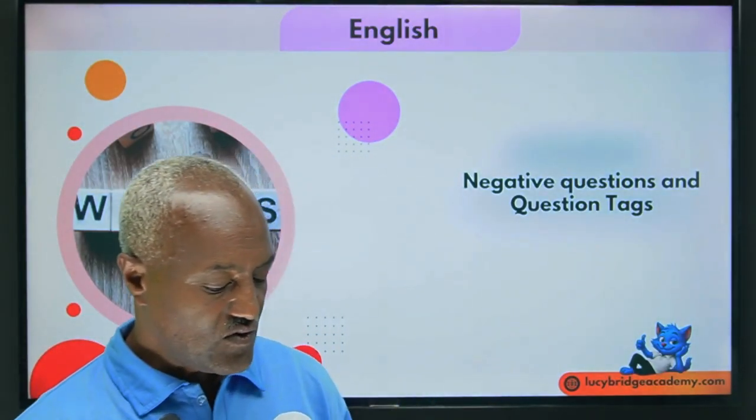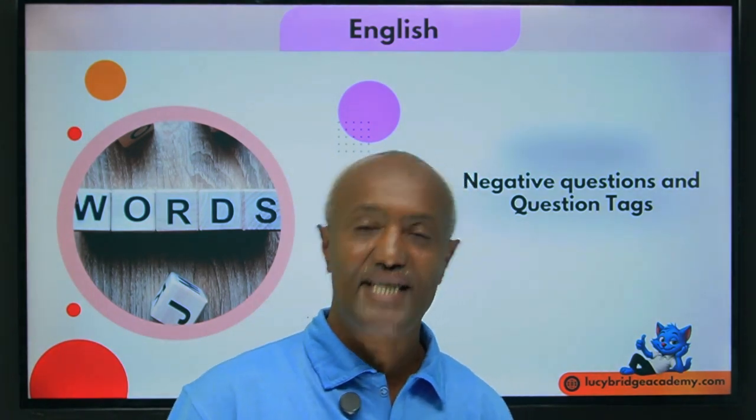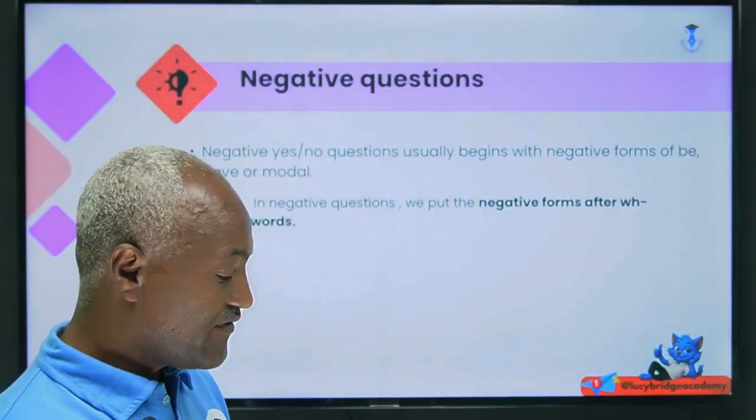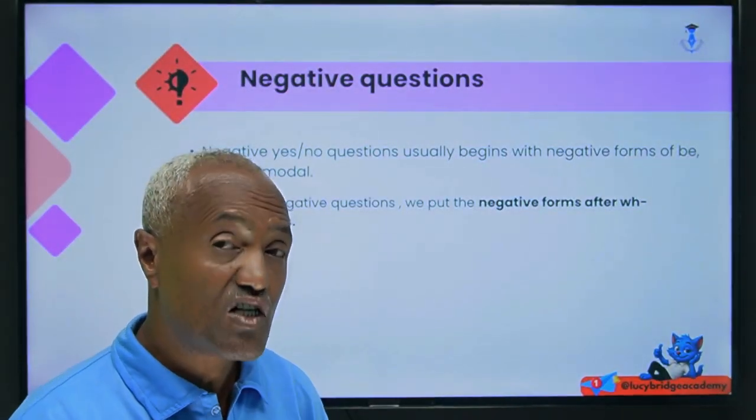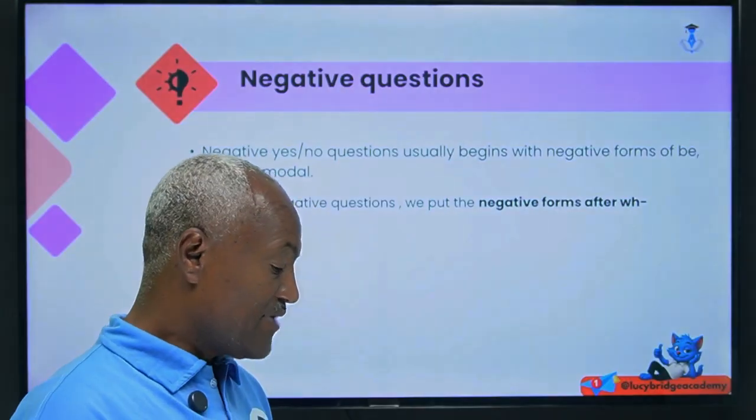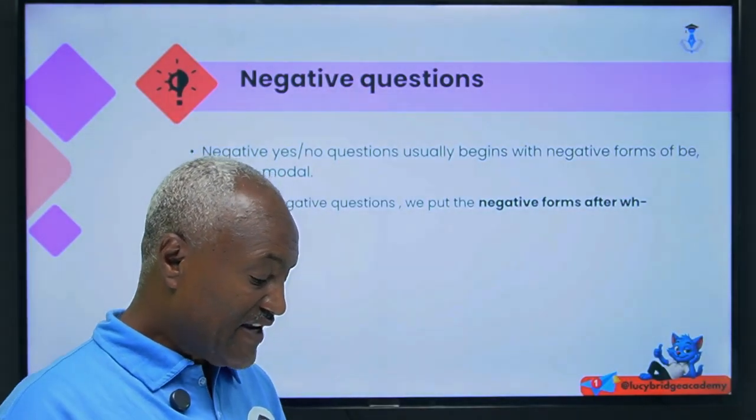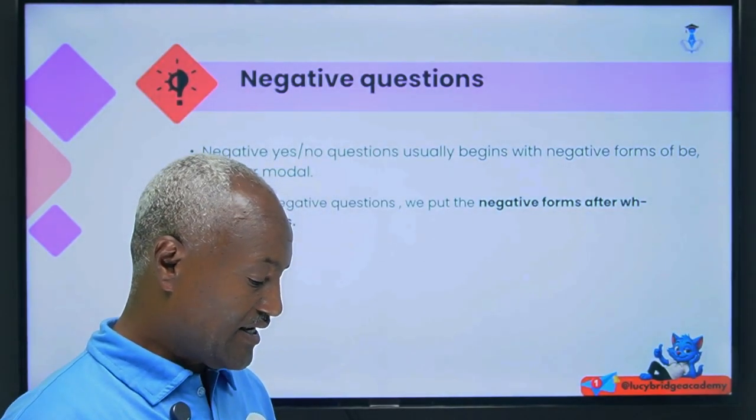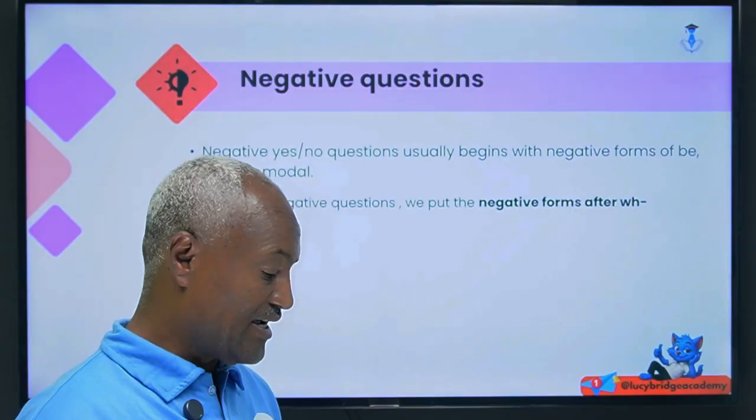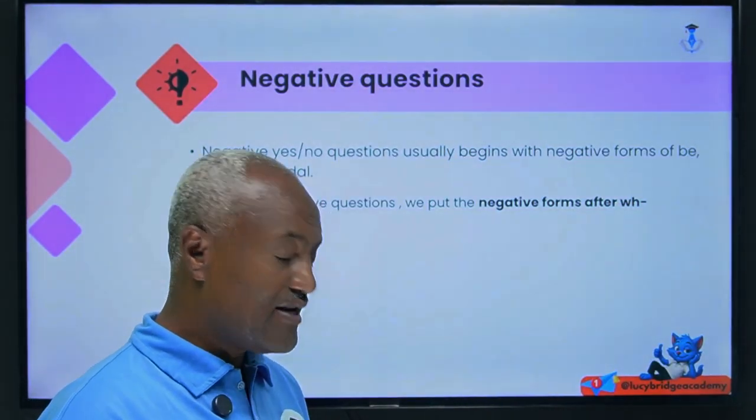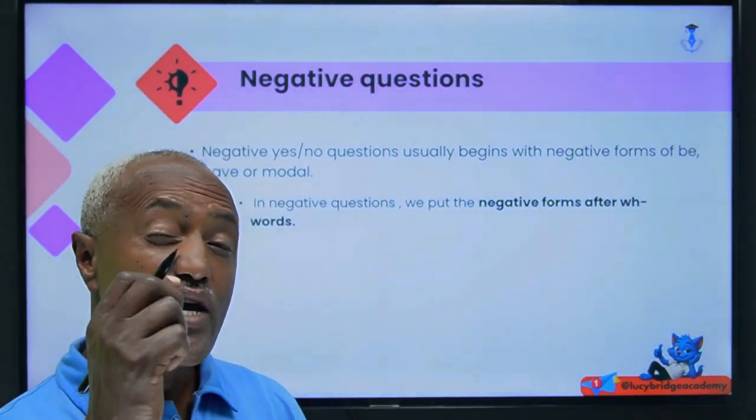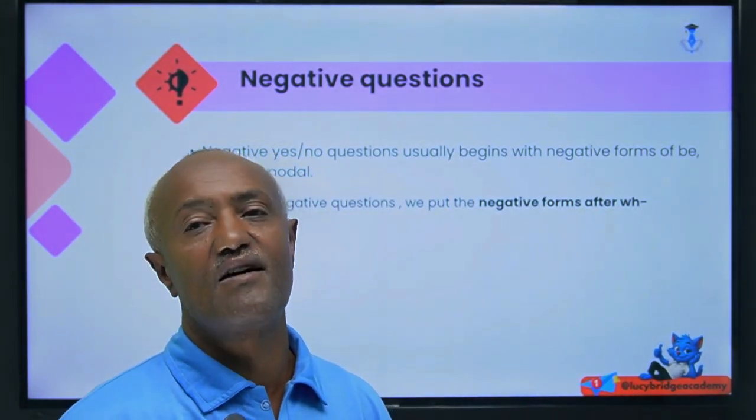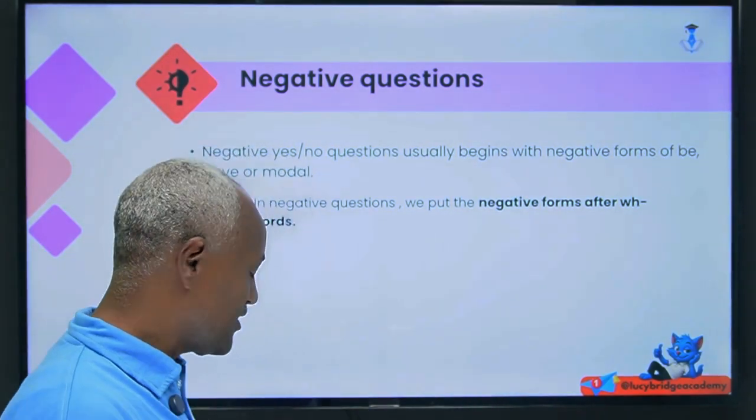Then today we come to negative question and question tags. Do you know what a negative question is? A negative question, or else sometimes we call it a yes or no question. In a negative question, we put the negative form after the WH word. But here, when we say a negative question, we start it with an auxiliary verb, but that auxiliary verb is negative. That is the point. For instance, if we say like this,